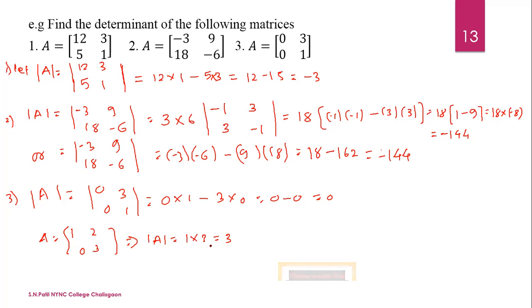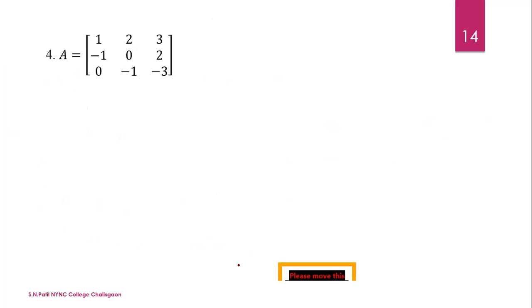Okay, so remember, if there is a triangular matrix, then the determinant of that matrix is the product of the diagonal elements. So let us take the example of 3 by 3 matrices. Before we proceed, let us introduce the minor of the element. We use the minor method here. So what is the minor of the element? See, minor of the first element. We have the first element here.